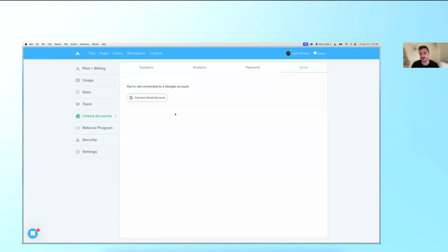You will be able to connect those as well via something called IMAP. It's a protocol that all emails follow. Gmail and Microsoft are a bit more special. They have their own public-facing apps you can connect to. But with IMAP, you will be able to connect any and every email address in the world that you wish